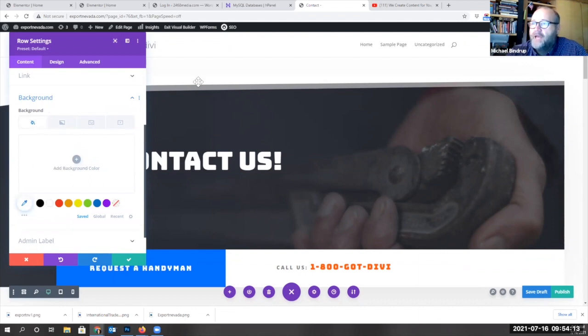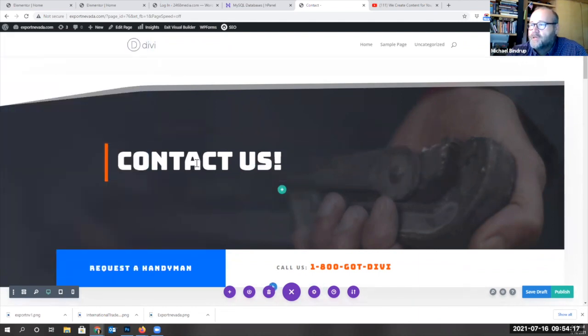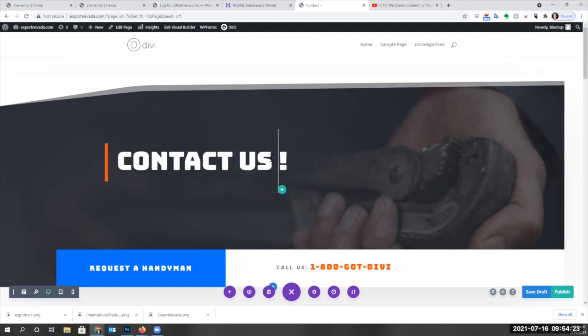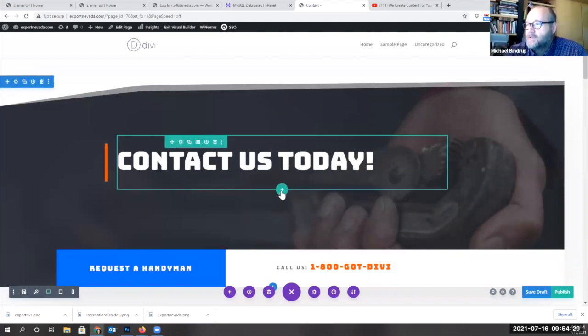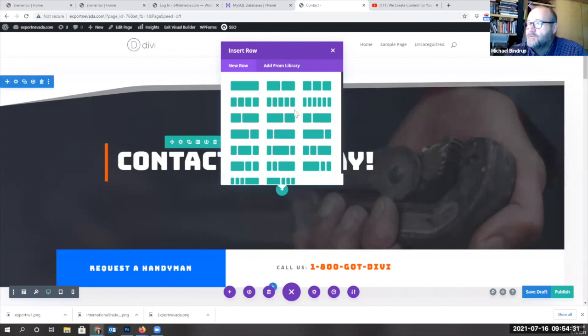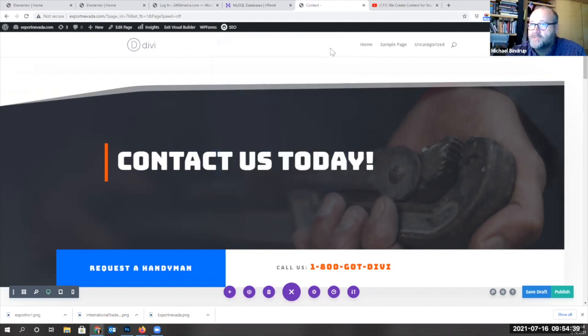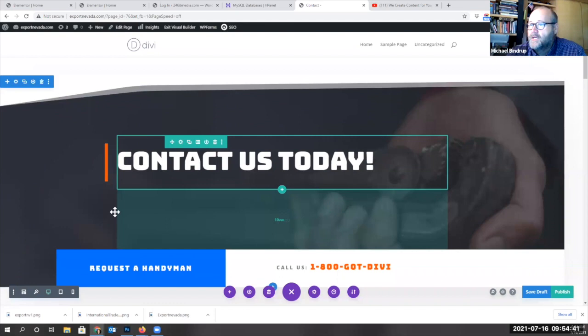So basically how it works is when you click on something, you can edit all the text right here. So if you want to just say, contact us today. Okay, that's as easy as it gets. You can add a new row in, and you can put multiple divisions into the rows. So you can really control your layouts as far as that stuff goes. Okay, and then